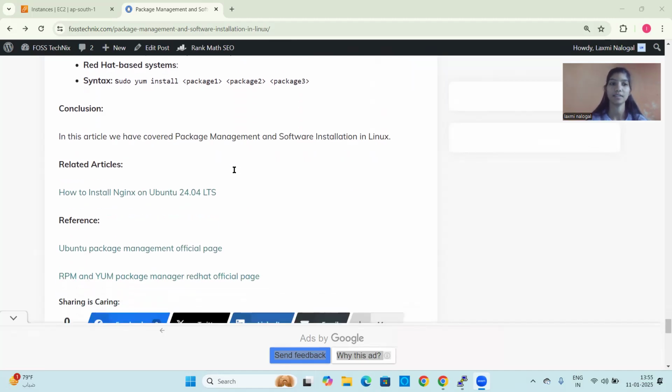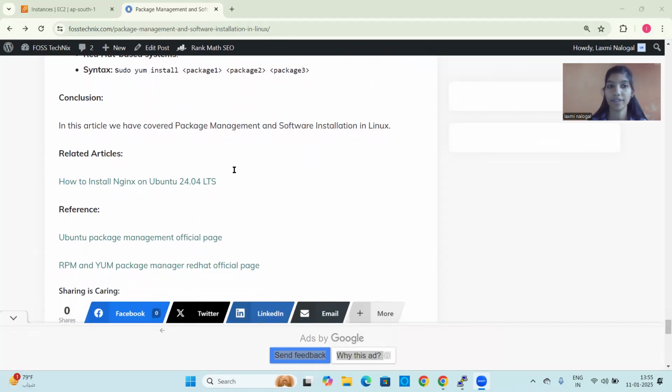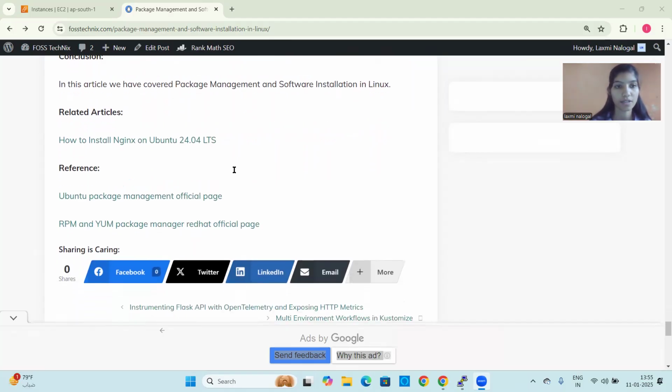So lastly, there is a conclusion. In this article, we have covered package management and software installation in Linux. There are related articles also. For future use, if you want to study package management and software installation,